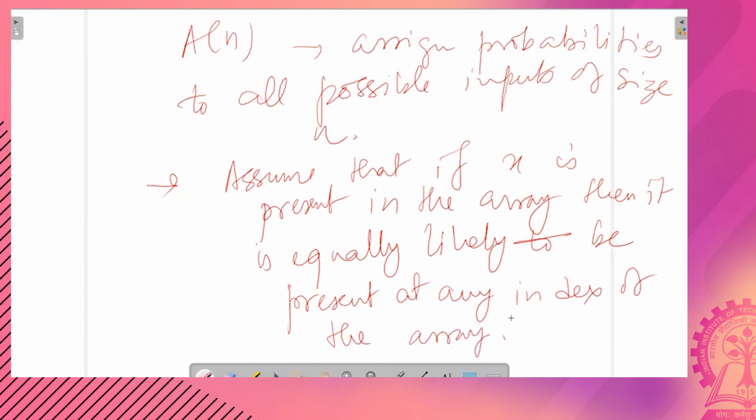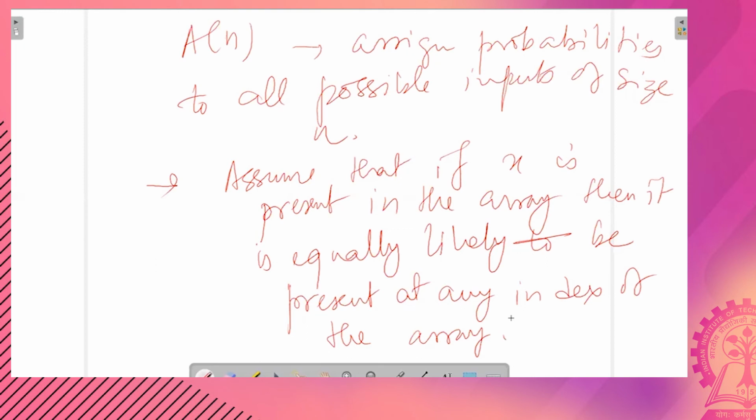So basically, what we are trying to say is that the probability that x is found at any position in the array is the same. There is absolutely no reason to assume that x will be more probable in some index position of the array than the other. Okay, given that x is present in the array.